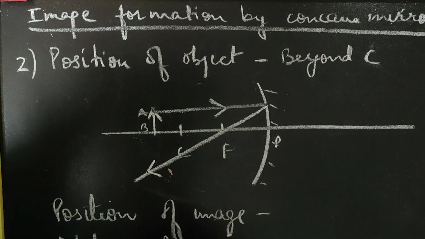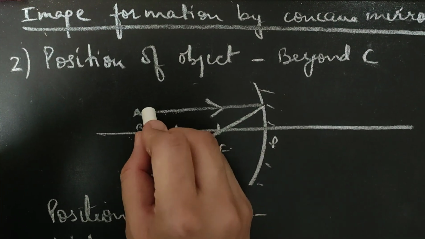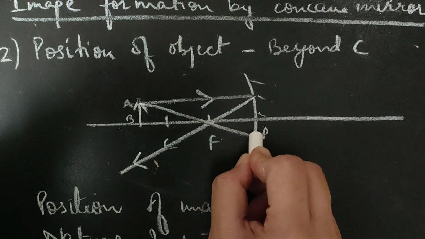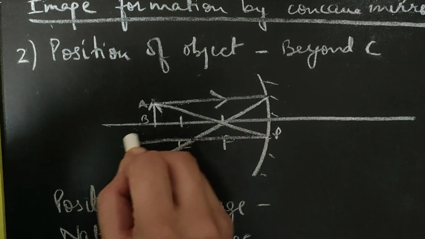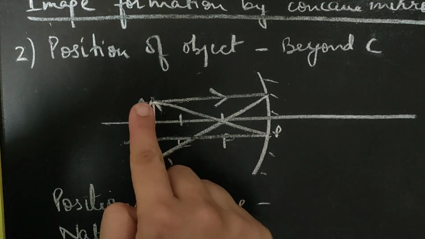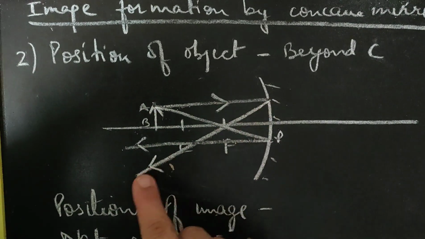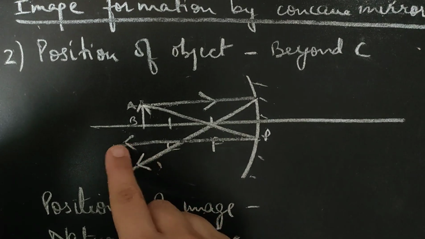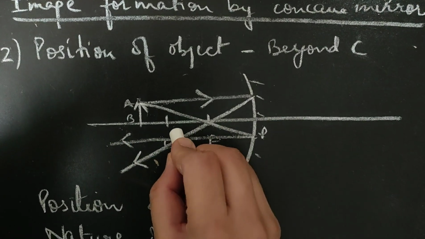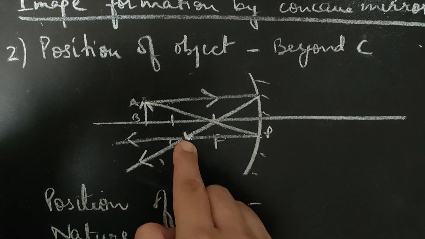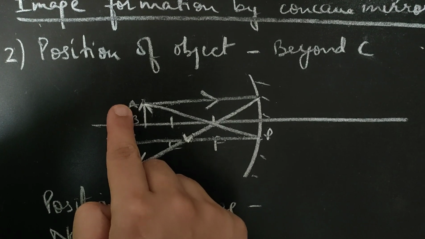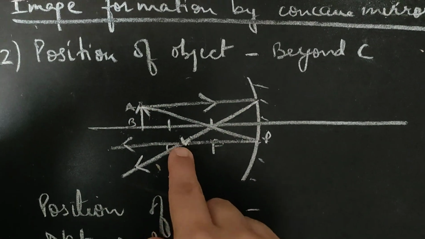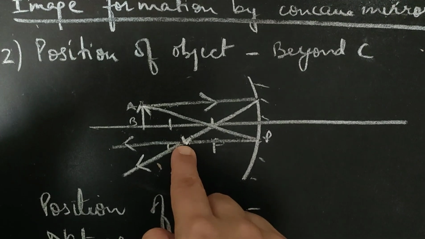And let us assume the second ray is the one जो फोकस से जा रही है, और रिफ्लेक्शन के बाद it will become parallel to the principal axis. So one ray was parallel जो आ रही है वो फोकस से चली गई, दूसरी ray is जो फोकस से जा रही है वो पैरेलल होगी. दोनों रिफ्लेक्टेड रेज यहाँ पे इंटरसेक्ट कर रही हैं. These rays were coming from point A, से आने वाली दोनों रेज यहाँ पे इंटरसेक्ट कर रही हैं. So that means ये A की इमेज बनी है यहाँ पे.